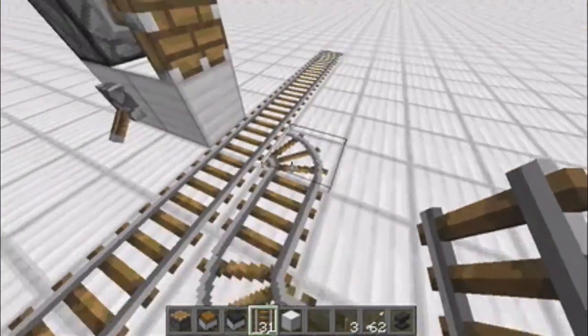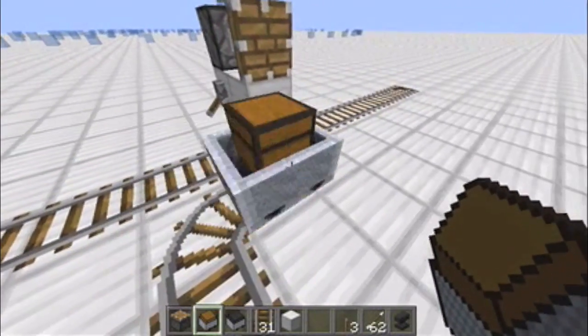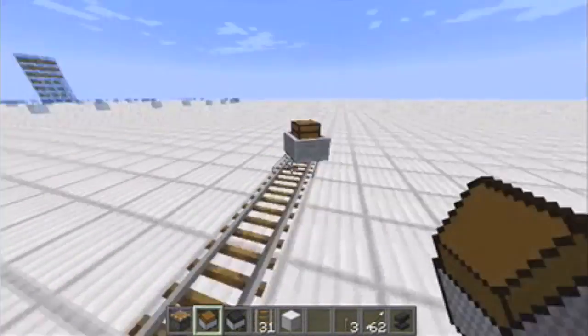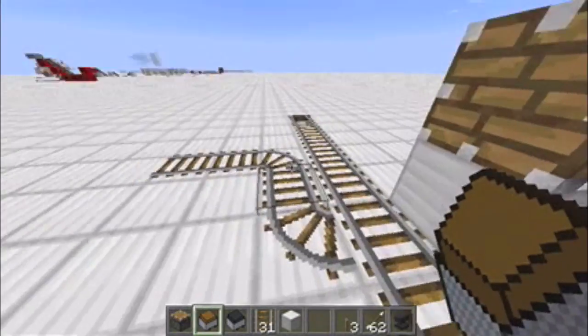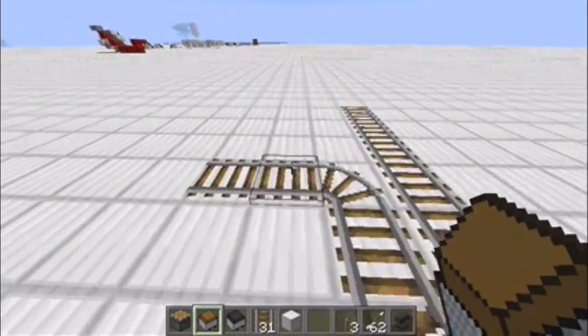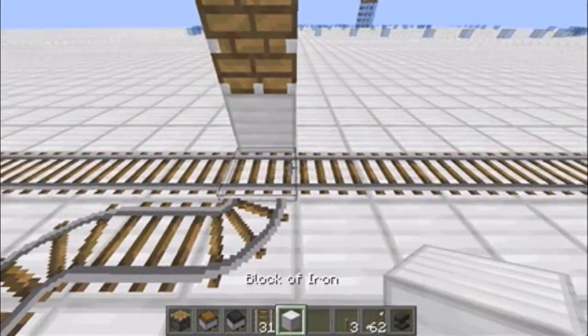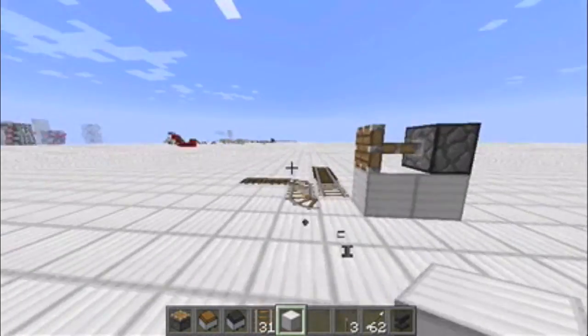But there you go, guys. There's your complete track there, and it goes straight in to this rail here. Now, let's say you didn't actually want it to go that way. You wanted it to go that way, right? Because that's your main base. This is just another outpost. So is this. So what you might want to do is go that way instead